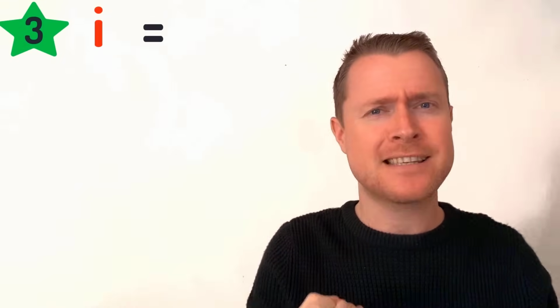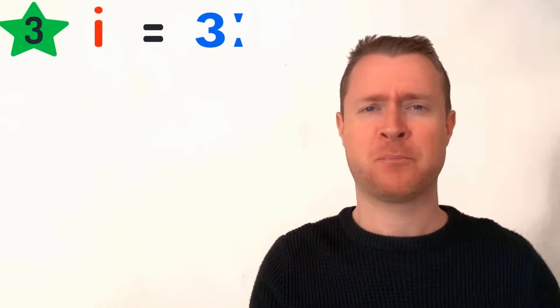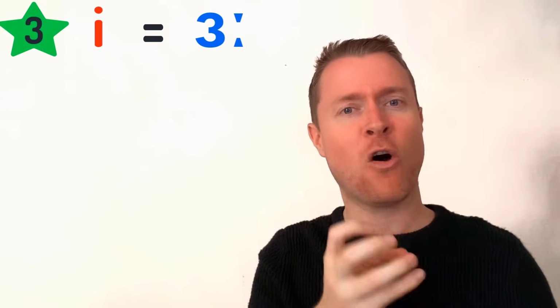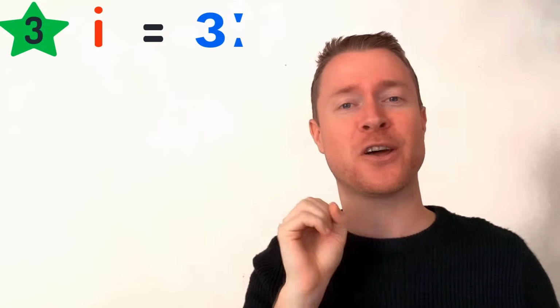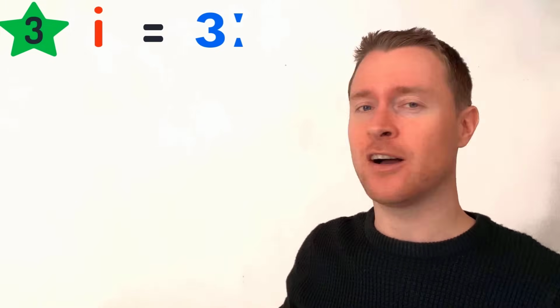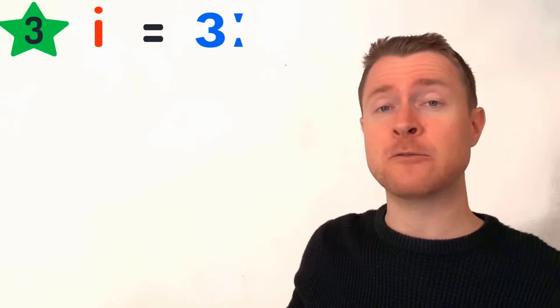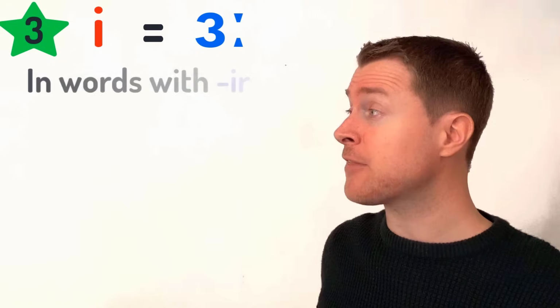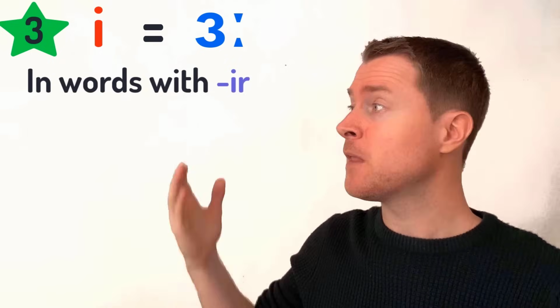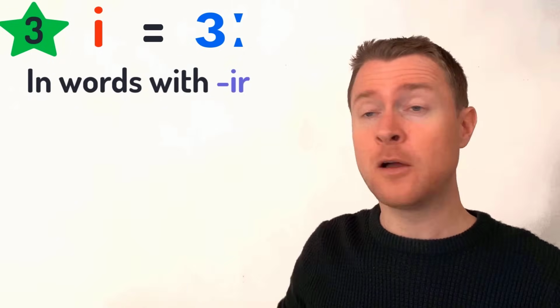Okay, well done. Okay, the third way that we can pronounce the letter I in English is as an, that's that long sound. This one's really simple because the letter I is pronounced like this when it comes together with the letter R. I and R together makes